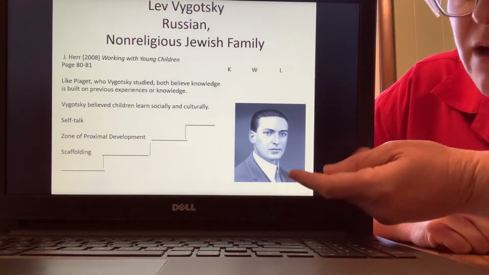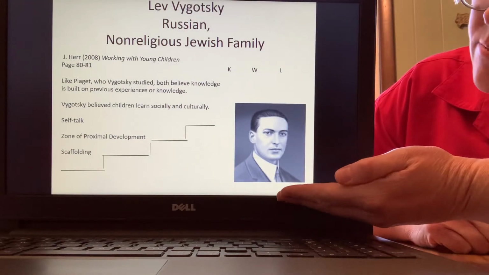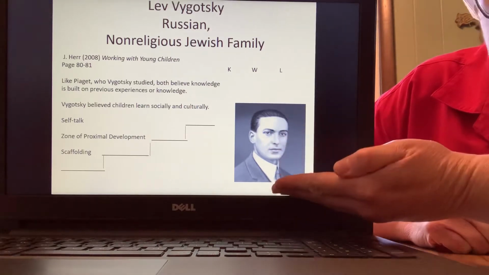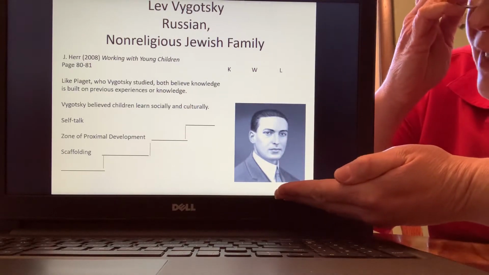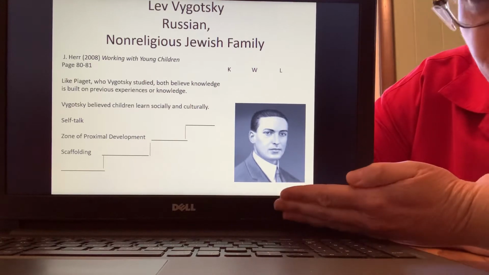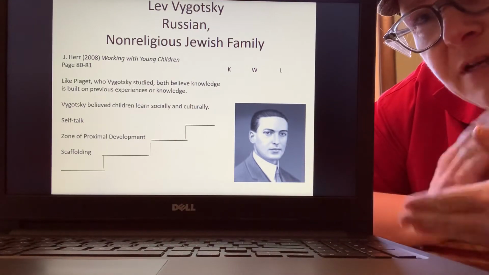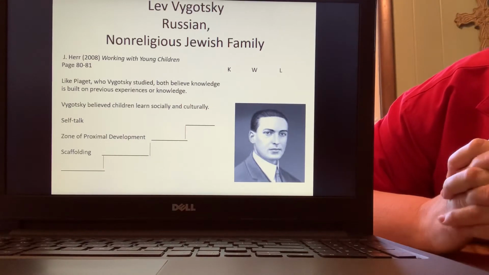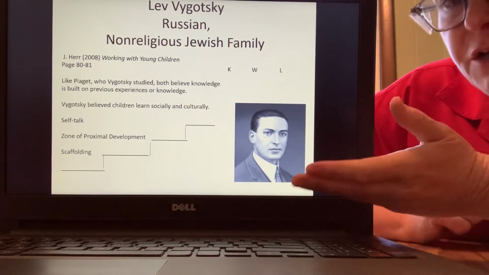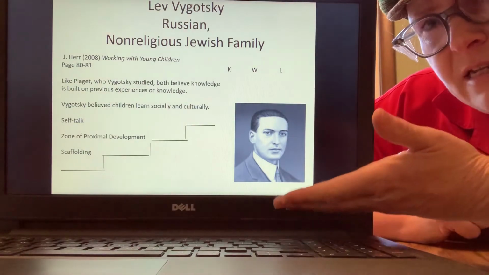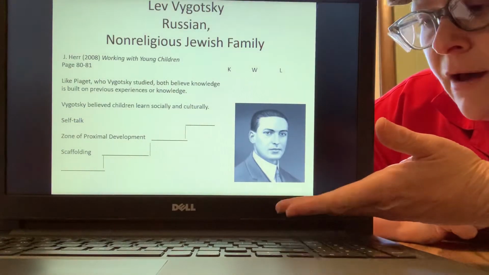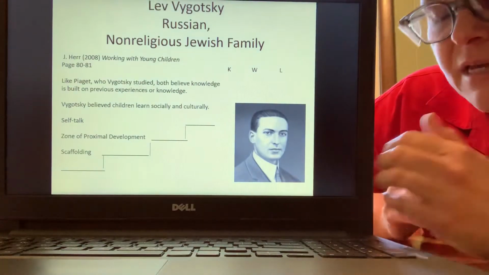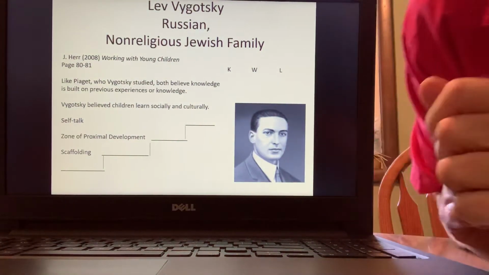This is a picture of Mr. Vygotsky. To me, he's one of the founding fathers. He studied Piaget, and then developed his theory off of Piaget. So he agreed with Piaget, but he felt like Piaget was missing something. So that's what we're going to talk about, what he added. They say that he's one of the founding fathers, but I believe that he is one of the founding fathers that has a mixed ethnicity.